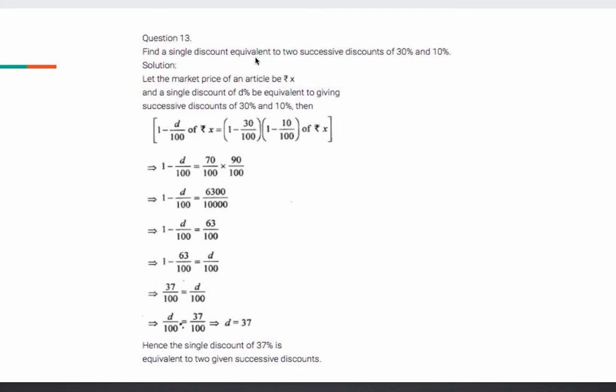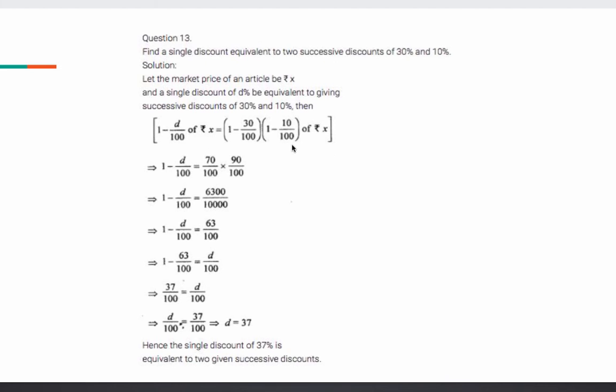See, what we want in this question is there is a person who is offering two discounts, one of 30% and the other of 10% on a particular article, and another one is offering a single discount which is actually equivalent to it. It means the discount value was different, but the mark price of the article we know will remain the same. So let the mark price be X. What is the single discount? Let us assume it as D%. So 1 minus D upon 100 of X. What is X? The mark price. The tag price of the article will remain the same, so that is X.